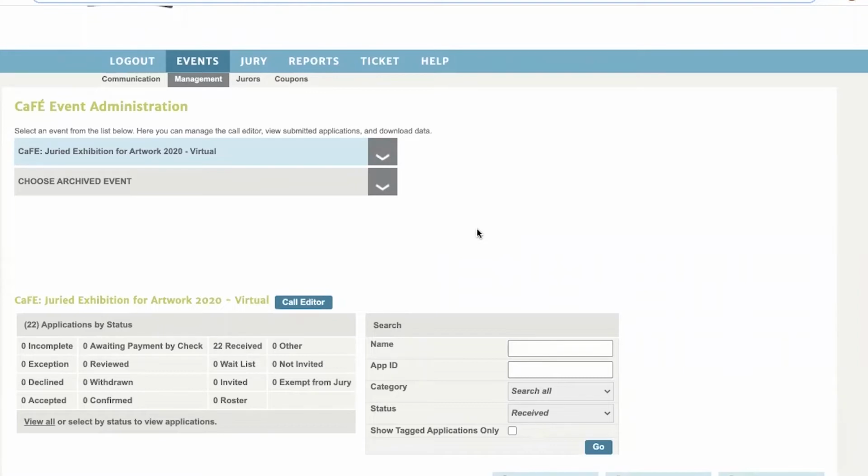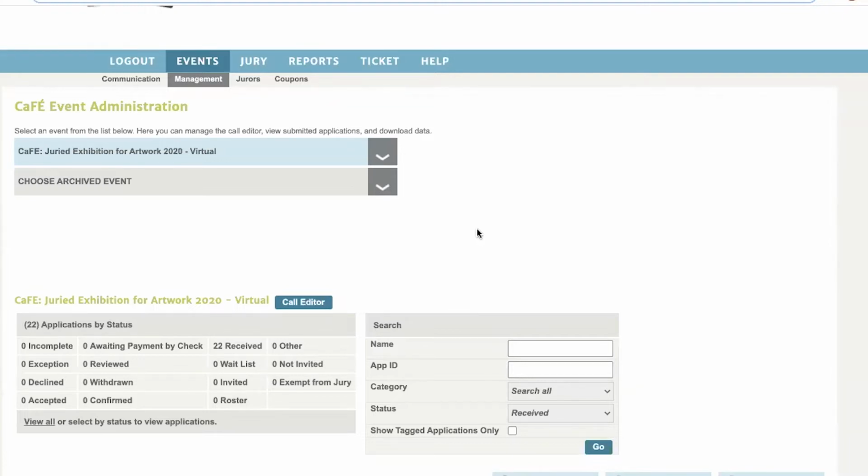So maybe you put on a virtual opening or a closing reception via Zoom, maybe award prizes to the top works and announce them via social media. Building hype around the online exhibition would be beneficial to both you and the artists that are still looking for opportunities and ways to sell their work.